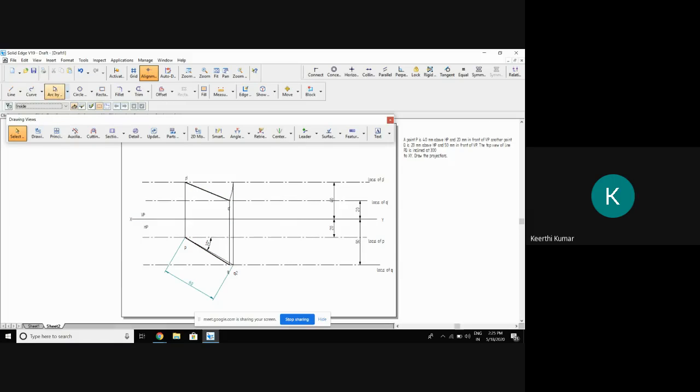The other method is selecting the arc by center point method, giving this as center and the radius, cut an arc till here, extend the line till it reaches this, then join this. If you measure, definitely this will be 60. See that? This is also okay. Or simply, keeping this as center, cutting an arc of 60, that is also okay. So both the methods you can complete the problem. Just I'll zoom this and I'll show you.